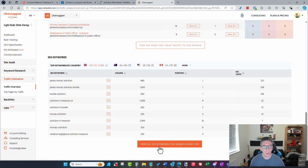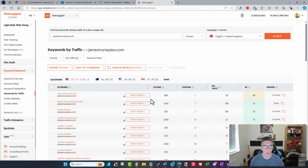So if I look at view all keywords, none of those at all, apart from that last one, medical negligence solicitors, are actually getting you any traffic on the core top 10. There's again a lot there you're missing out on, potentially the best part of 320 visits a month to your website from a search term like that one. If you look at all terms,